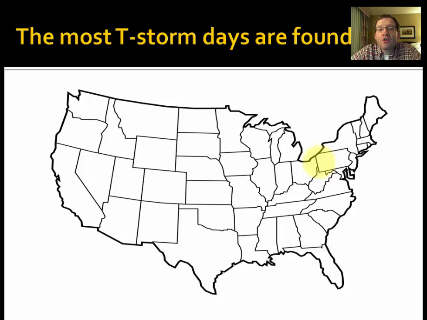So the most thunderstorm days, if we had to look at the map of the United States and predict where, do you suppose, on 365 days of the year, which state has the most days that have at least a single thunderstorm in them? And I'm not sure what you'd guess. Most students would look at the map and perhaps guess places that they know are tornado prone, like Oklahoma, maybe